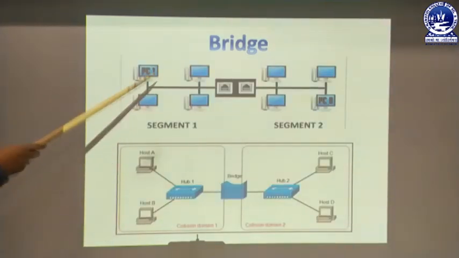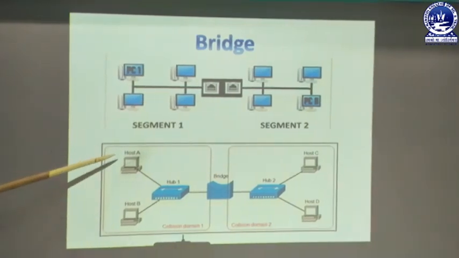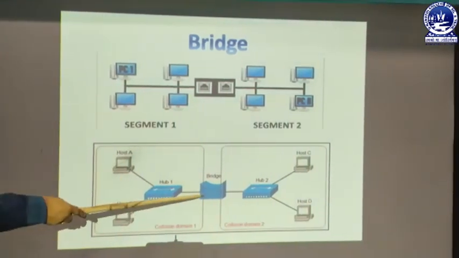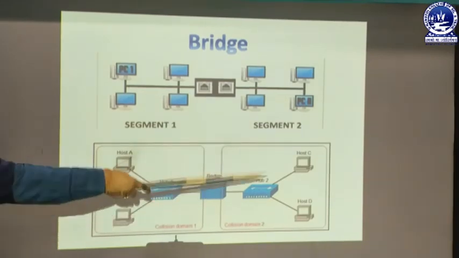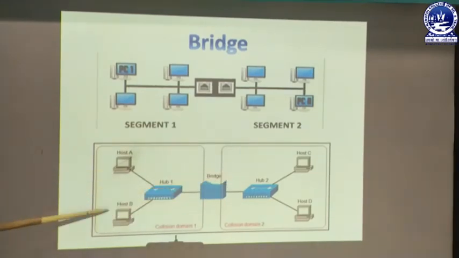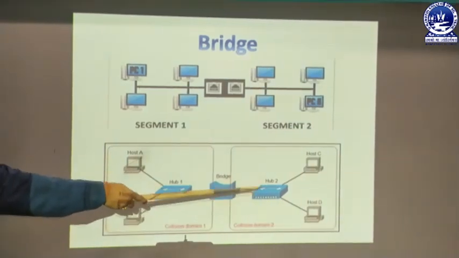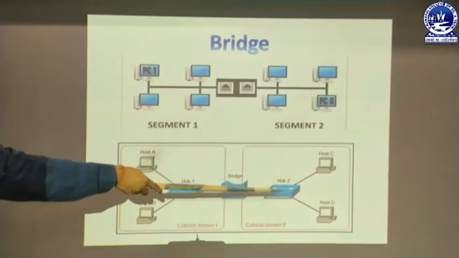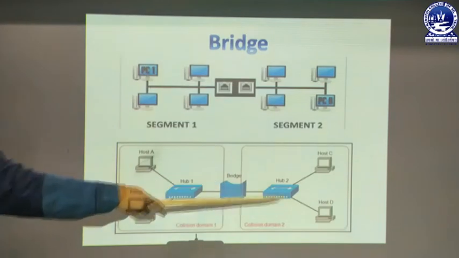Now you can clearly see the image over here. This is the picture of a bridge. So you can see there is a bridge between two LANs. That means there is a LAN over here, there is another LAN over here. There can be more systems in a single LAN, and they are connected to a hub. This hub connects the LAN over here, and here another hub is there which connects two LANs or two devices over there. So this is one LAN connection, and this is another LAN connection.